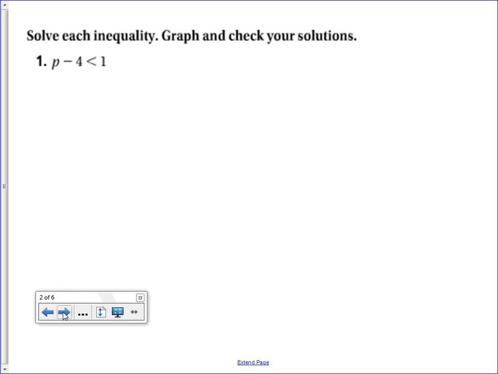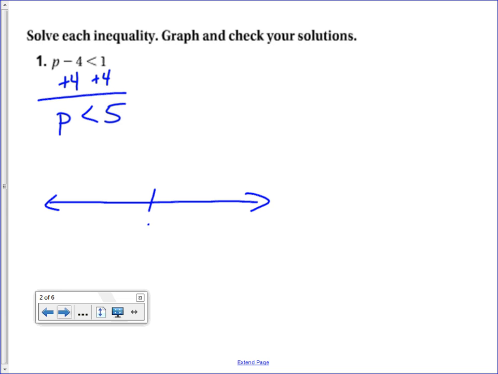So if I'm going to solve this inequality, we're just going to use inverse operations. If it says p minus 4, I'm going to add 4. And once again, if you do it to one side, you're going to have to do it to the other side. So we're going to add 4 to both sides, and you'd be left with p is now less than 5. Okay, if we were to graph that,